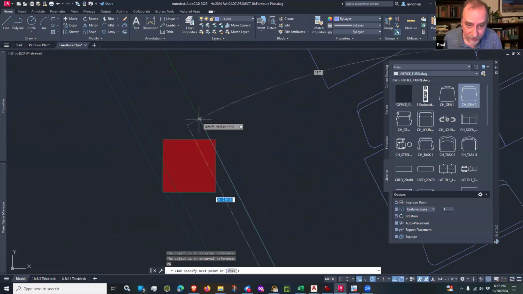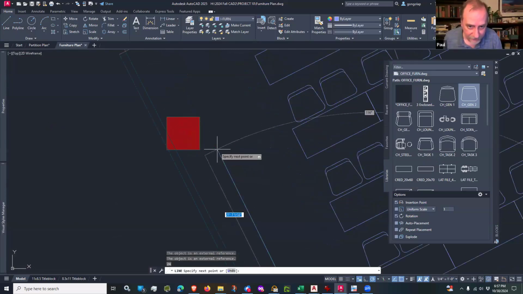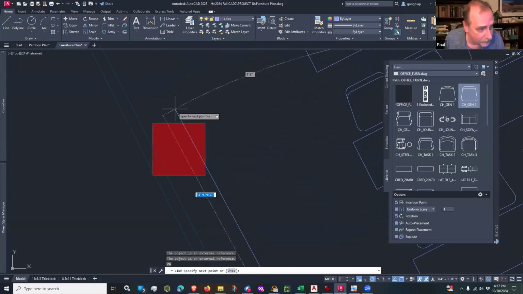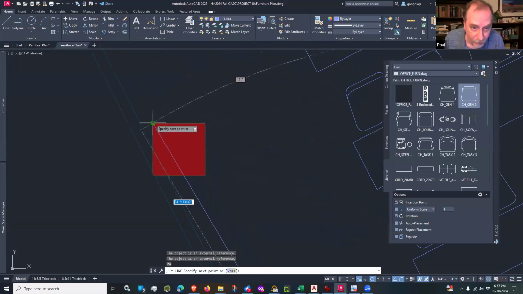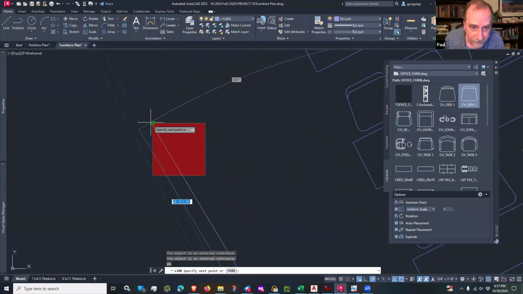But all right, I'm just going to do it the way it was drawn. So I'm coming up and I'm following that green dotted line, and the credenza is going to this corner over here. So I am gonna just hover over this corner and then come back, find that green line, and hopefully